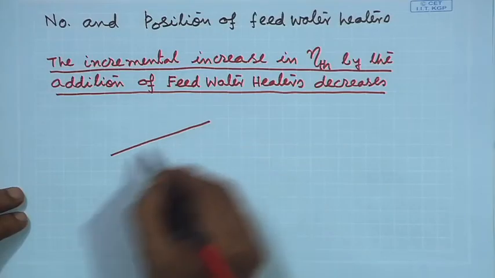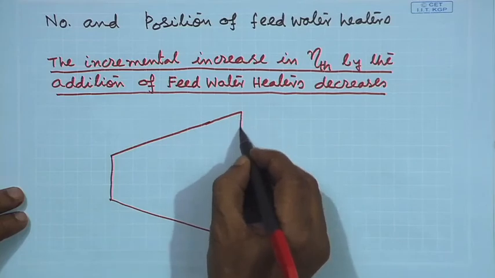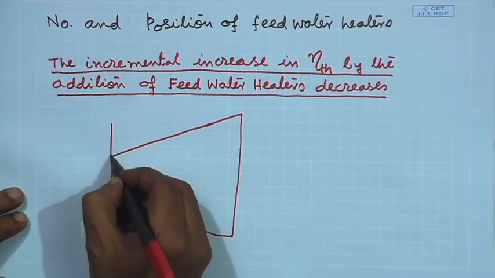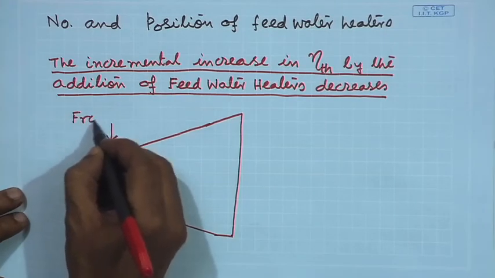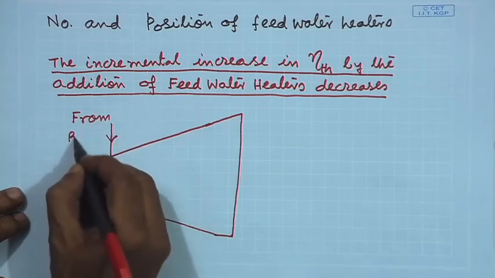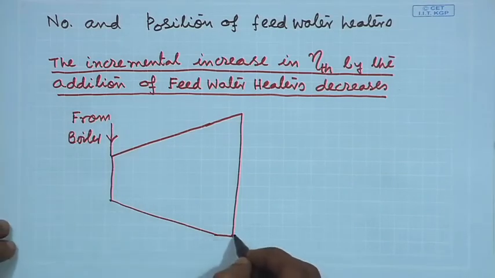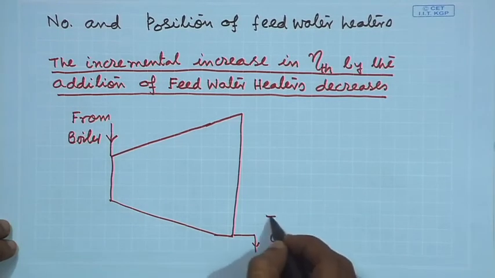Extraction point means this is a turbine, high pressure steam is coming over here from boiler, here ultimately it is going to condenser,